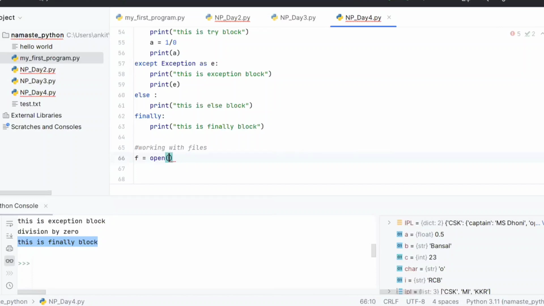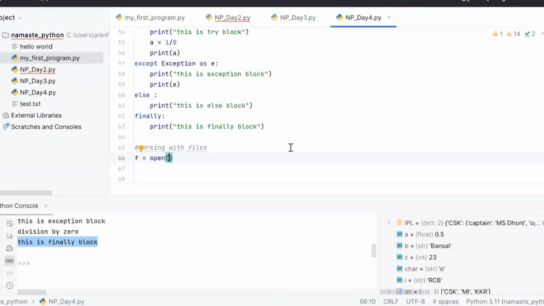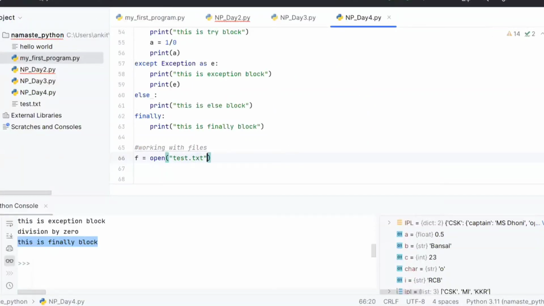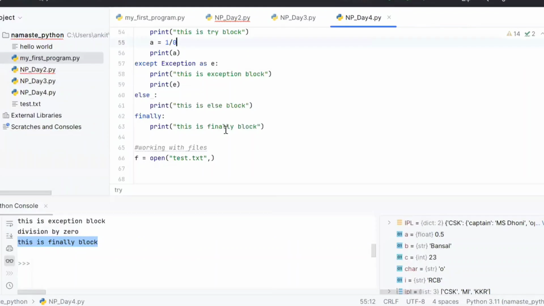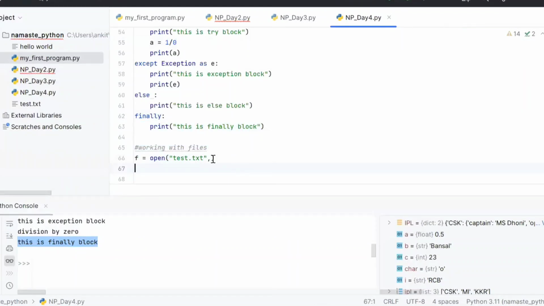But if your Python file and the file that you are reading are on the same path, you can just give test.txt. Now, once you give test.txt, you can open this file in different modes, right? You can open this file in read mode, write mode, or there are different modes we will discuss. But let's open this in read mode.